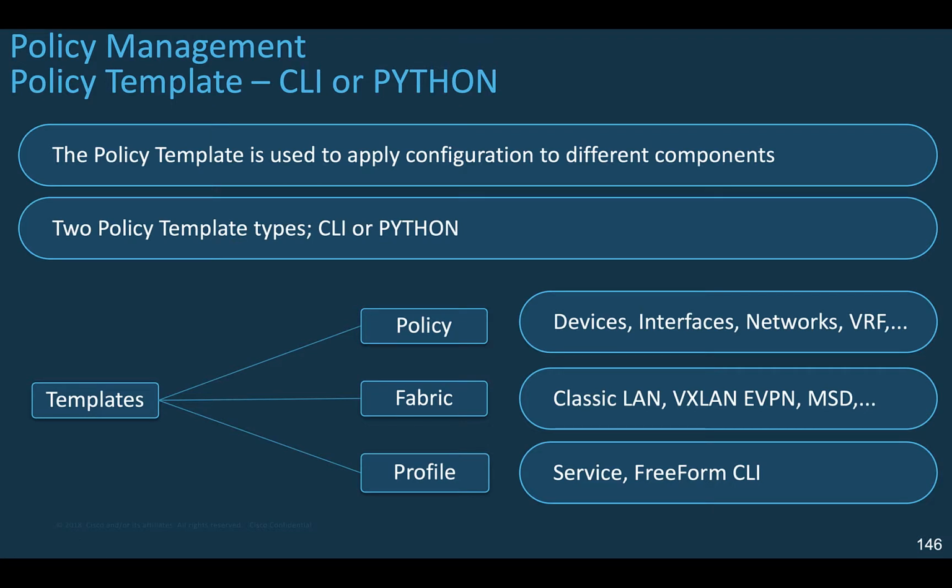There are two types of content, CLI and Python. With CLI content type, the policy templates are configurable CLI templates. They can have a lot of variables and CLIs. Typically, CLI policy templates are small and do not have any if, else, for, then, etc. kind of construct. However, you can also have policy templates with content type Python.